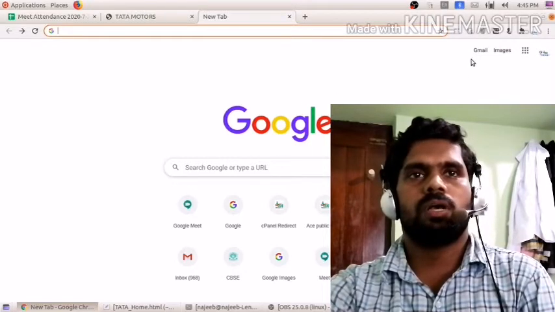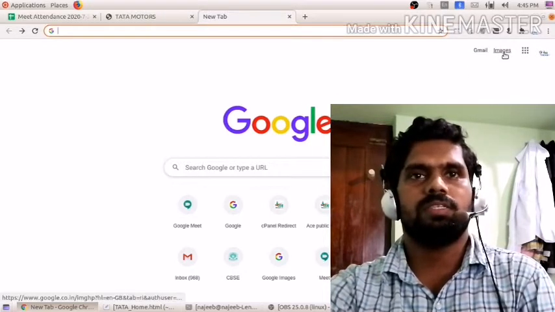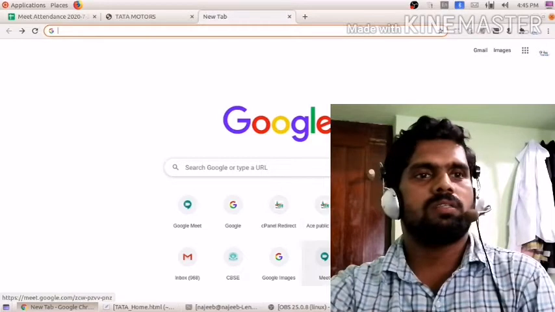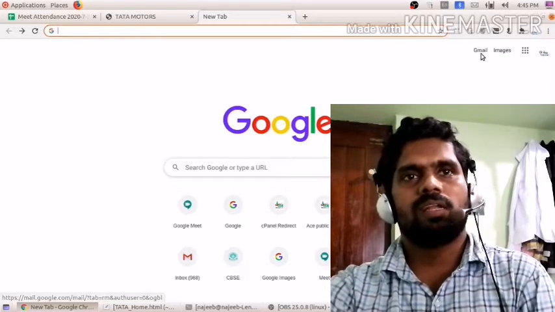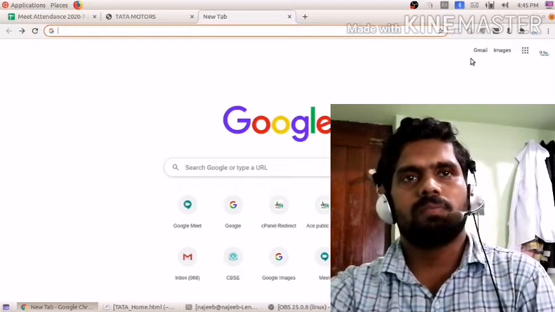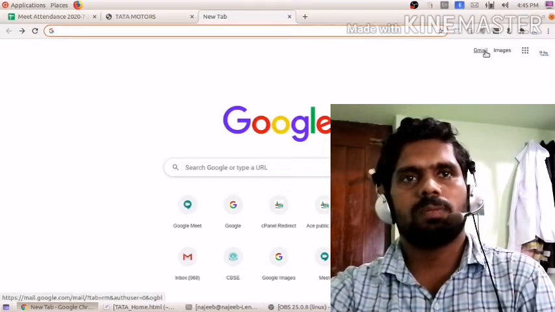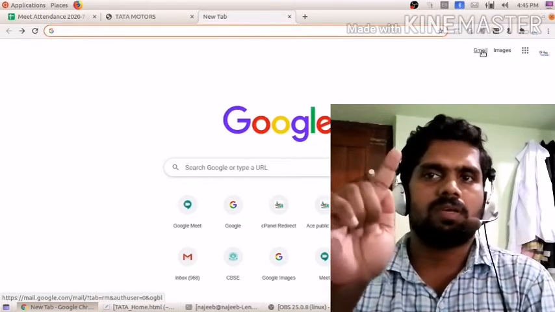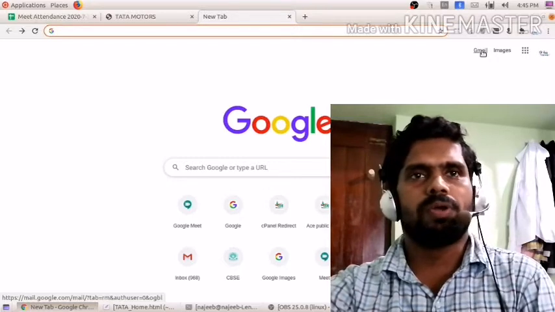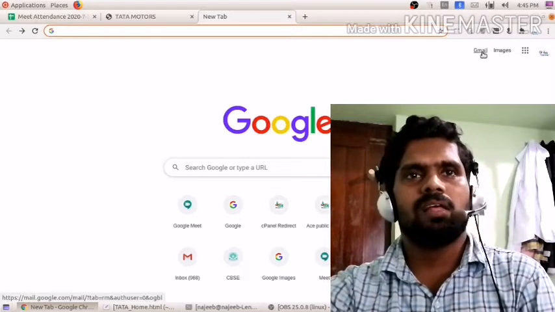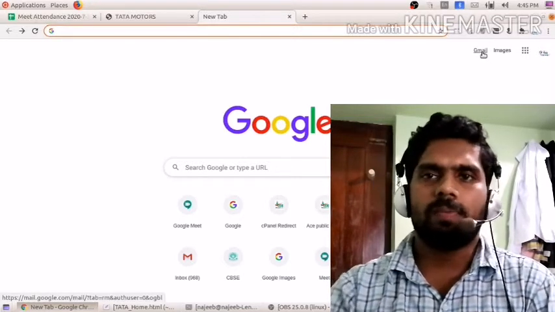Here you can see in google.com we have Gmail here, images here, and several other links are there. So this is Gmail, this is a link. When mouse over on that one, the pointer will look like this. Okay, it is pointing. When clicking this Gmail, it will go to the Gmail web page.